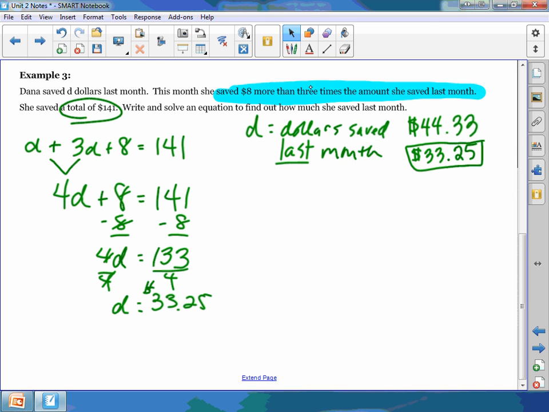I could follow this up and say, well, then how much did she save this month? And you could calculate all that. I don't need that. But that was the hurdle that could trip some of us up, and that's why I just wanted to point that out. So now what we're going to